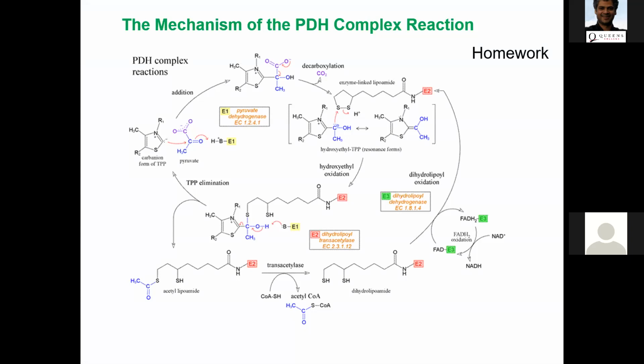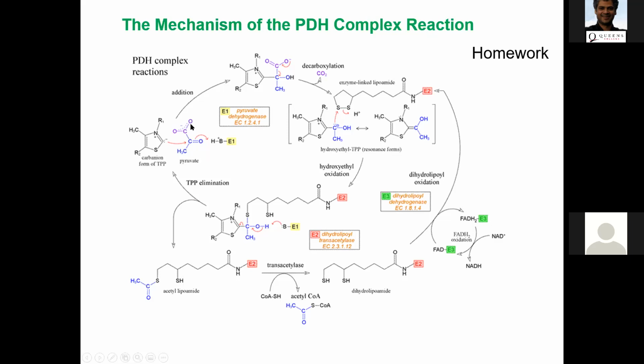Okay, so I had given you this to look up, but I thought I would briefly go over it. I know some of you really enjoy organic mechanisms. So I thought, we have only 20 slides, why not just go over it, and that will help you see how reactions happen, right? So look here, a carbanion form of TPP, right? You can see that they have just created a thiazole ylide structure here, and put just R1 and R2. They're just showing the business end of the molecule, and it's a carbanion ylide-like structure.